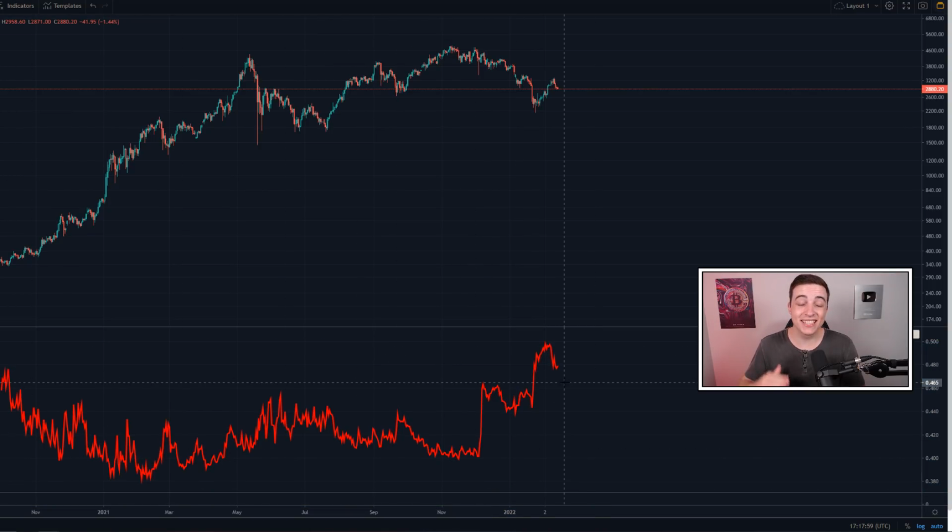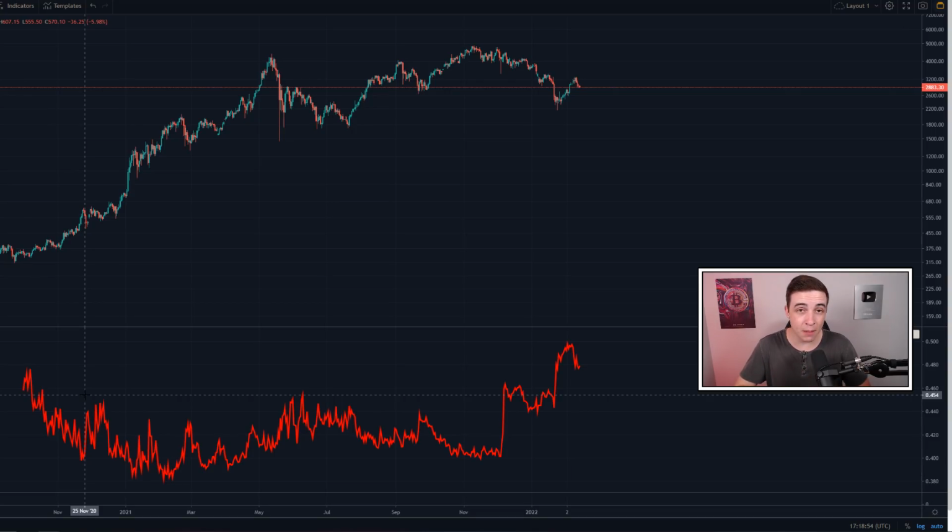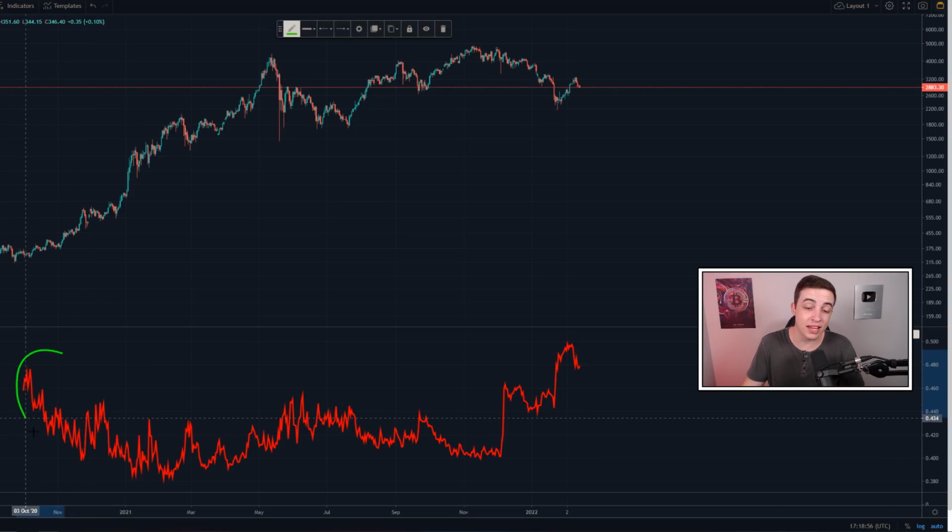So obviously there is still a lot more room to the downside in these Ethereum short positions according to historical price action. And you can notice on the charts that anytime we see a massive decline in Ethereum short positions, during that same time period, we are seeing a massive move to the upside in the price of Ethereum. The best example of that was at the end of 2020, leading into the beginning of 2021, when we saw a massive decline in Ethereum short positions, which led into a massive move to the upside in the price